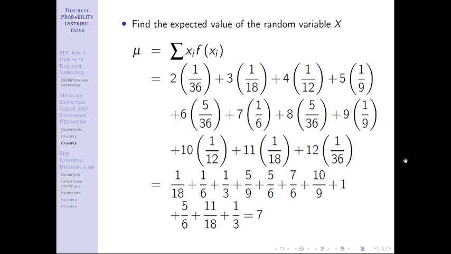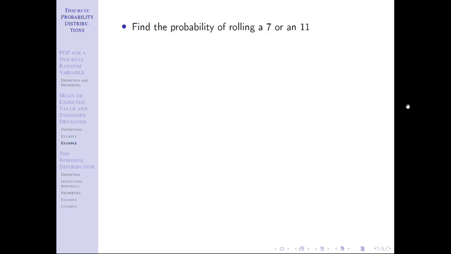I don't have you find the standard deviation here. It gets needlessly complicated, but we're going to do some probability work here. We're going to start off with what's the probability of rolling a 7 or an 11. This is a little bit more complex than the probability question in the example earlier, but not by much. What I'm looking for you to do here, what I want you to get really comfortable with, is writing out probability notation. This is an or, and so I'm just going to write out probability x equals 7 or x equals 11.